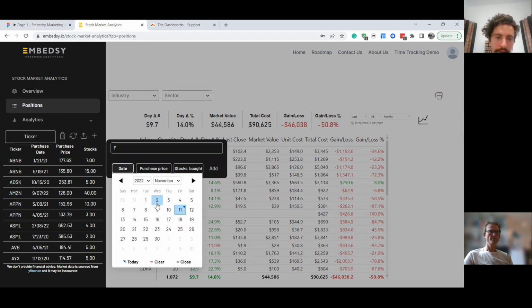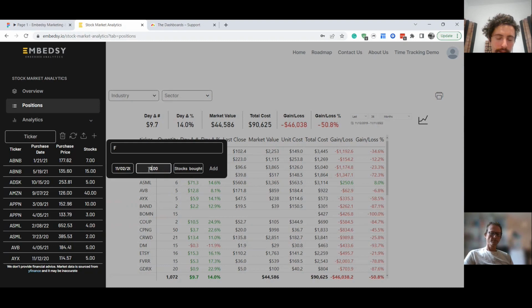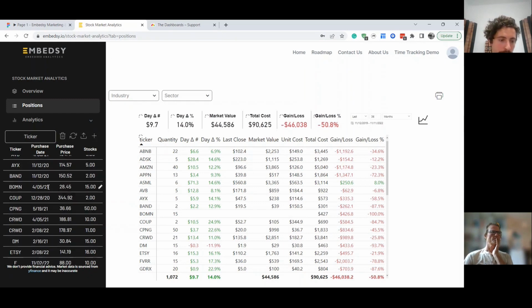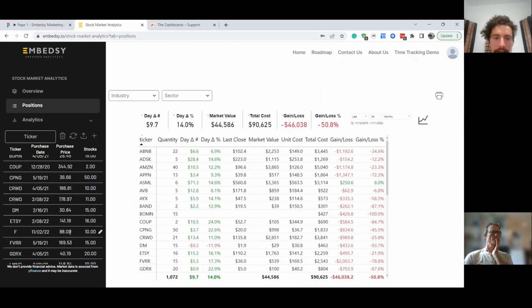And let's say I want to add it. I purchased it on Wednesday, and I don't know what the price is now, but let's say 88, and about 10 tickers. I'll add it, and now you'll see the loading bar here. It adds it, so you will see it here, F, and this also updates, and it includes it in Power BI, and it does all the calculations. So I immediately see what's my gain and loss, and everything. So the analytics for that ticker.